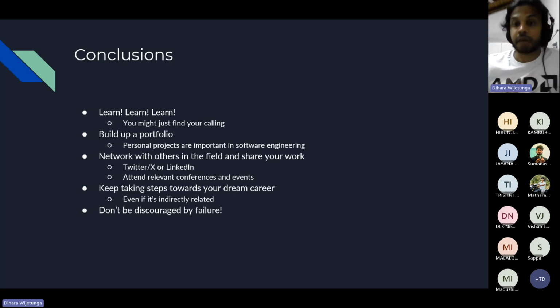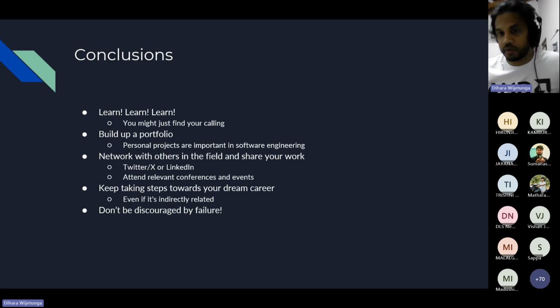Next, you should build up a portfolio of personal projects. This is how you stand out. Especially as us Sri Lankans, we have to stand out. And it's very important to bridge the gap if you don't have the relevant experience in your professional career. If you are missing a bit of experience, you can fill that gap using your personal projects. You can do some self-studying, and you can build some personal projects that you can add to your portfolio to extend your